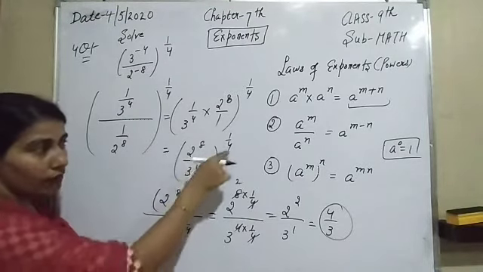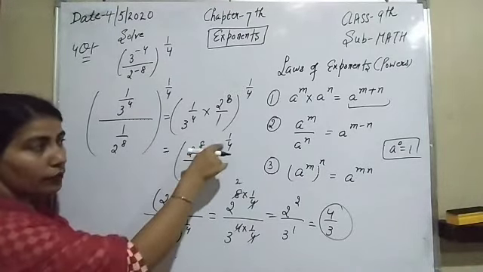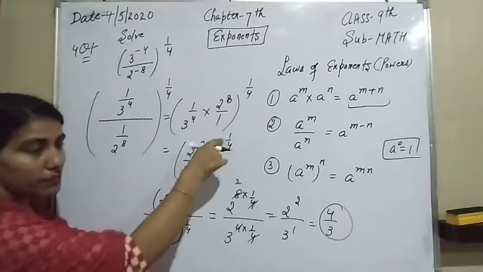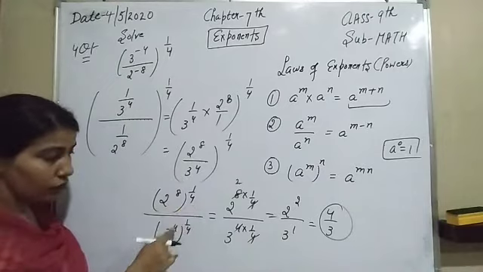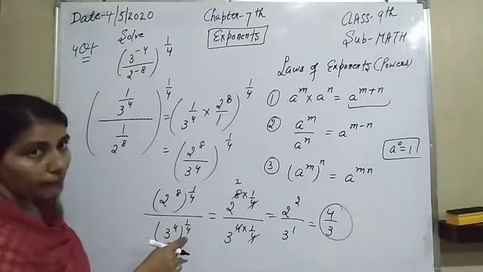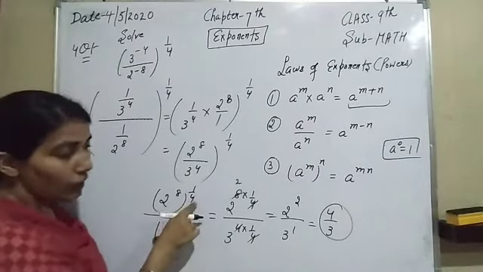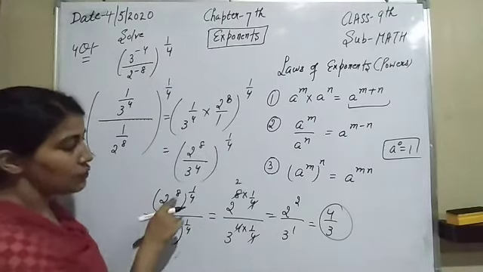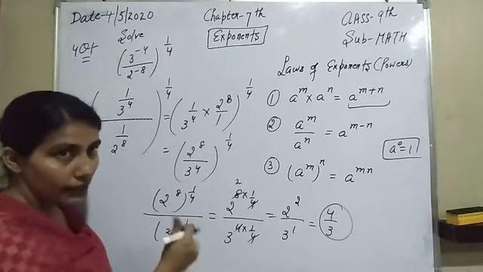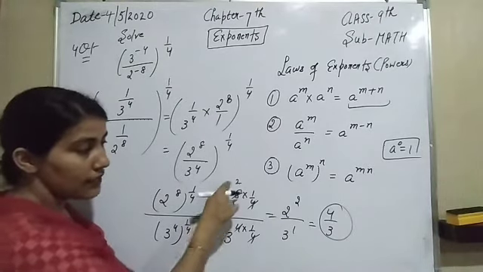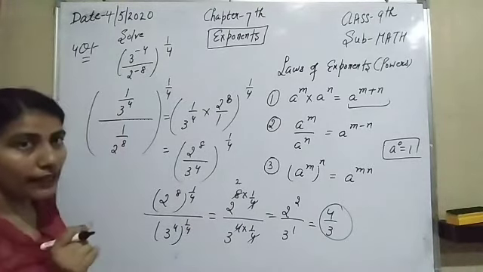Whenever it is a whole power, the power can be separated by multiplying it with its numerator's power and its denominator's power. So 8 raised to power 1 by 4, and 4 also 1 by 4. Power of power can be multiplied with each other. So 8 into 1 by 4 and 4 into 1 by 4. 4 and 4 both are cancelled. 4 2s are 8. 2 square is 4 by 3, which is our required answer.